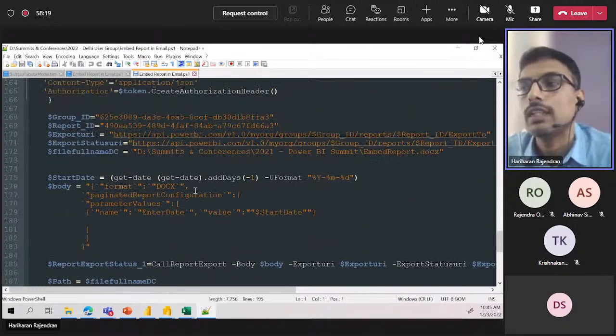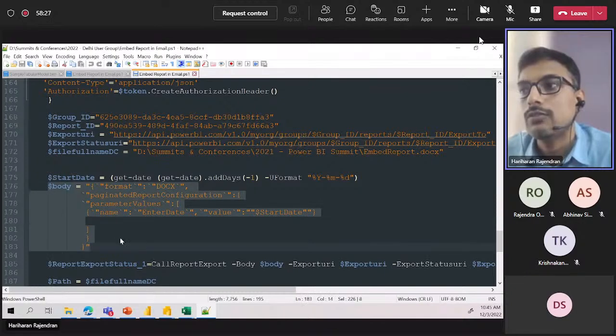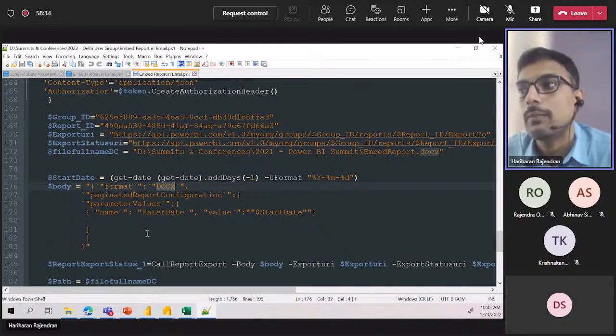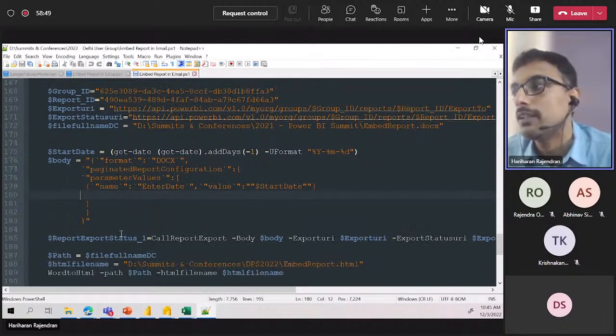We can export the data into Excel, PDF, right? Even we can export the data into Word. So using the REST API, we are exporting the data into Word. You can see this docx is nothing but exporting the data into Word. And in case the report contains any parameters, you have to define the parameter. For that enter date, I'm just passing the start date, which you can get from the previous functions. Once you define the format and the values for the parameter, we can call the REST API that will export the whole report into a Word document,